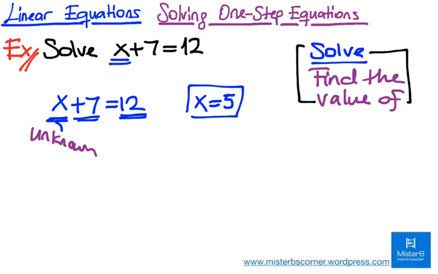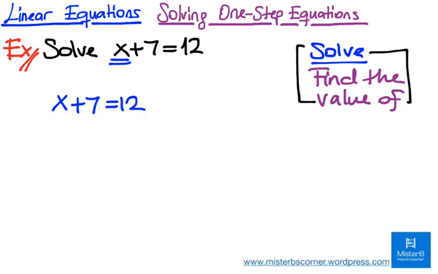So, what we need to do is show how we leave the unknown alone, because at the end of the solution I should find x equals a number. So what will happen to 7? Well, what happens is I'm going to apply the opposite operation to cancel the 7's out, so that x will